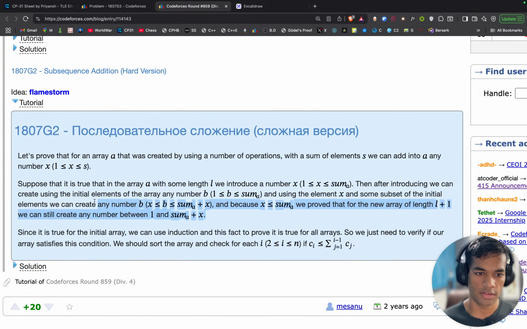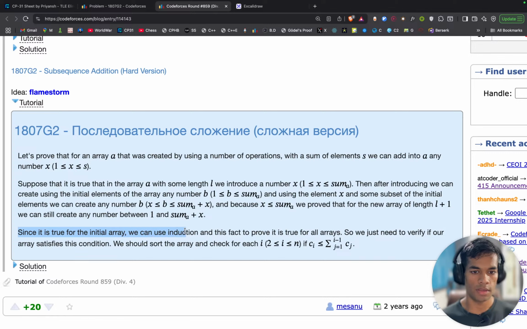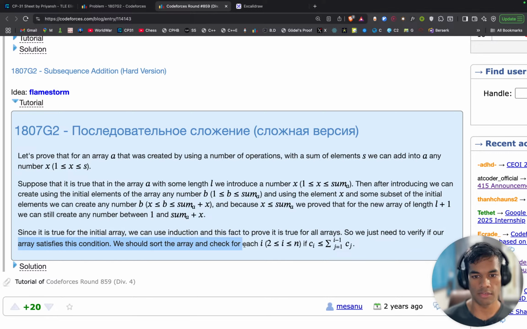I do not get this part. Since it is true for the initial array, we can use induction, and this fact, to prove it is true for all arrays. So we need to verify if our array satisfies this condition. We should sort the array and check for each i between 2 and n, the second element and the last element,